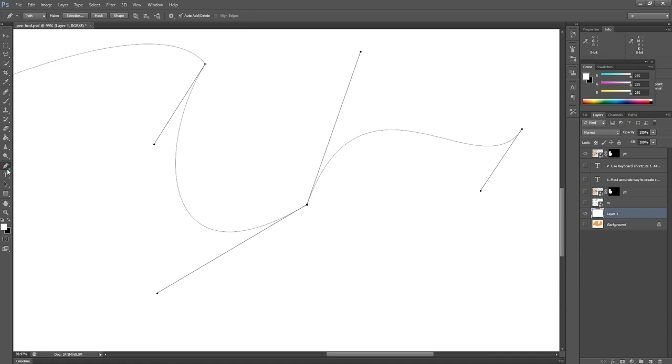So the next option, the last option, is Convert Anchor Point. This is the Convert Anchor Point. When we break the handles or want to move a point to a curve, at any time we can change the curve through Convert Anchor Point. So this way we can change the shape and we can convert the anchor point in any direction.